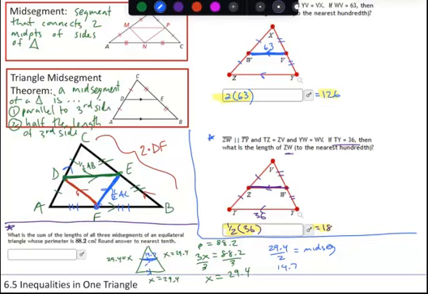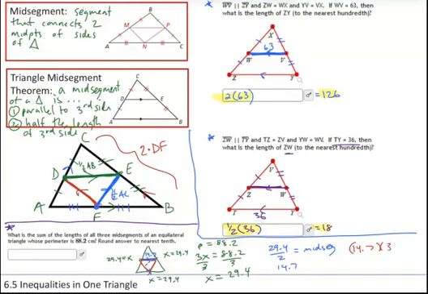Now, how many of those mid-segments am I going to create? I want to add all three of them. They're each going to be the same, right? And so I can take 14.7 and multiply that by 3. That's going to give me my overall answer, which, here again, is a 3-step problem. I get 44.1 as my solution. All right, so that is the way to solve this if you're just calculating it,